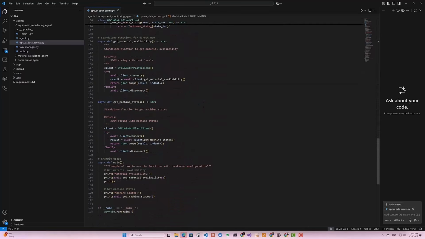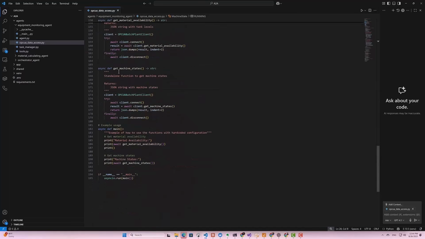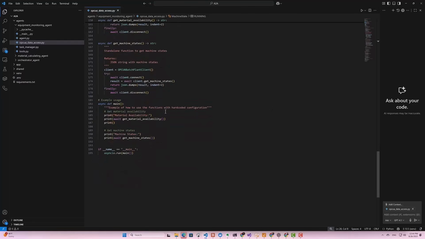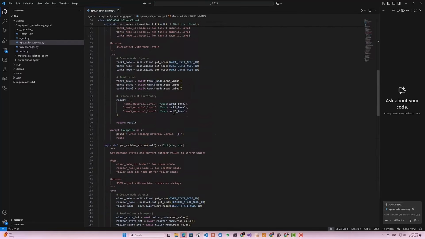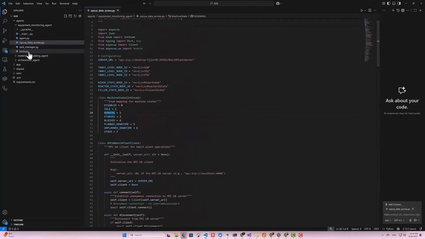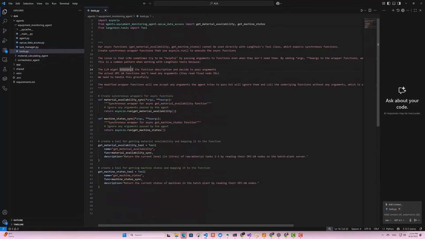And then I've got these methods, which are get material availability, which is an OPC UA request to get the material availability using those node IDs, and then get machine states, which is again an OPC UA request to get the machine state using those node IDs. So what we're doing is taking these Python functions and mapping these to